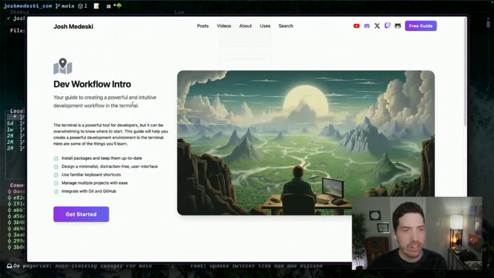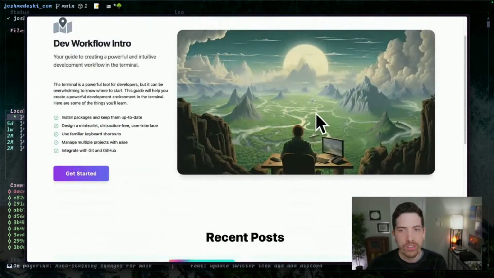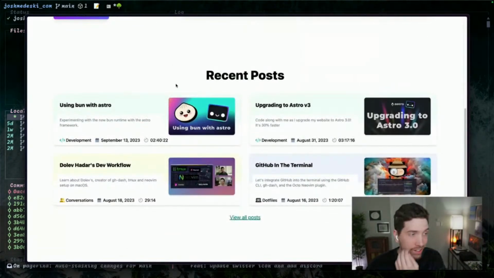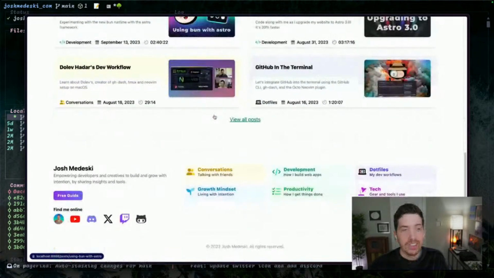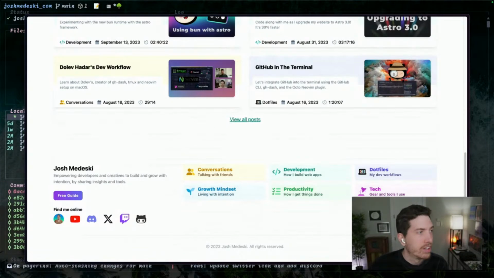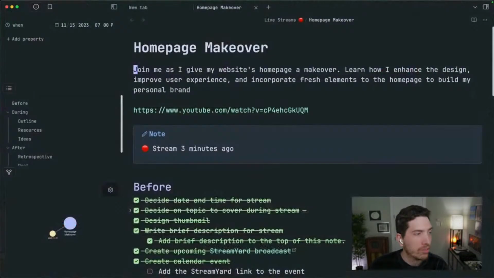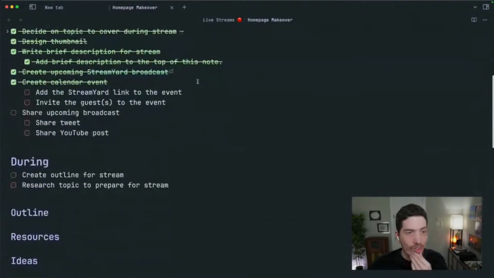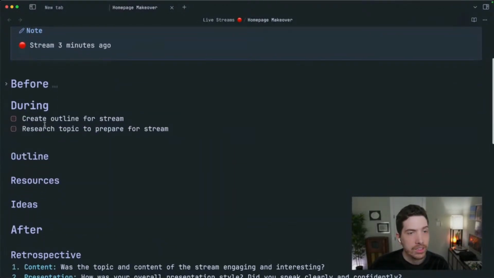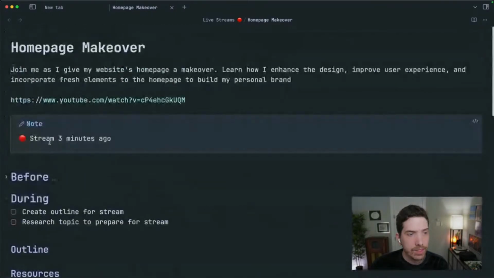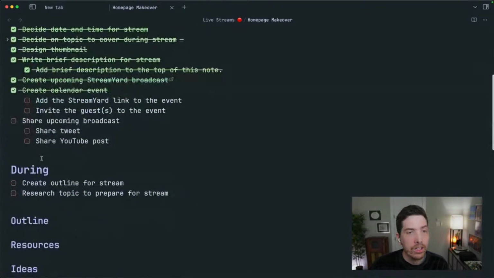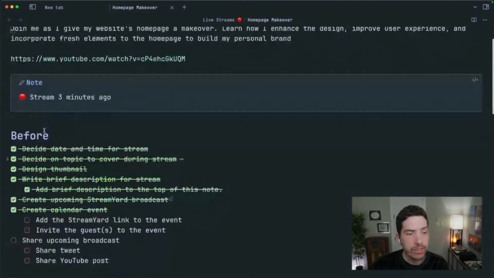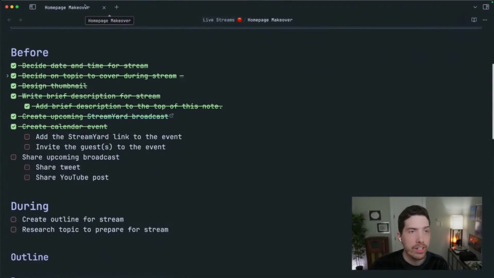And so right now it's a very small homepage. It's got this little hero section for the course, and then just a handful of recent posts. And that's all the homepage is. So I have some ideas that I think will be fun to look at. Homepage makeover. And so we've got our before. The things that I'm thinking about right now are